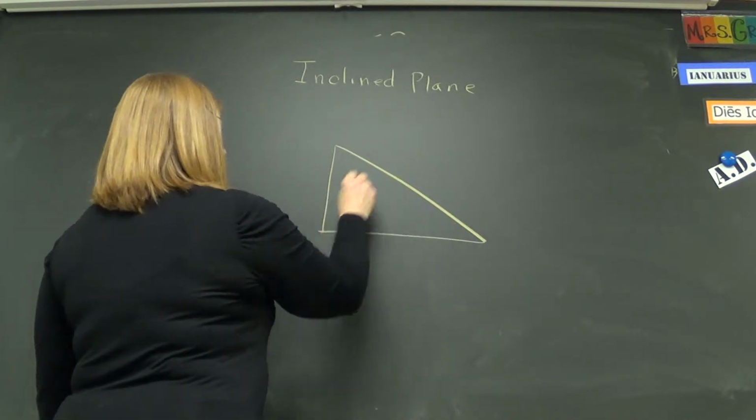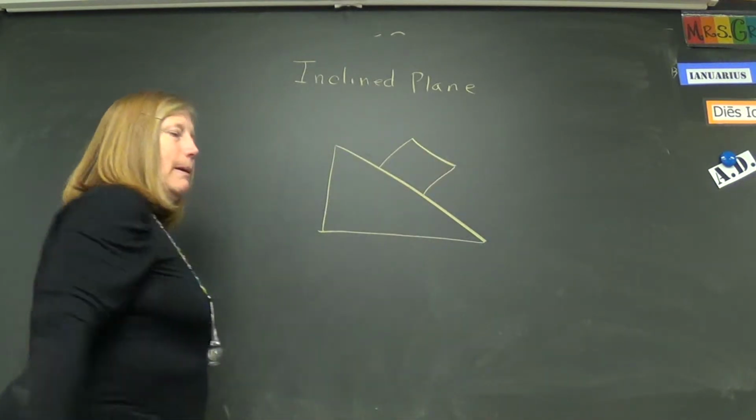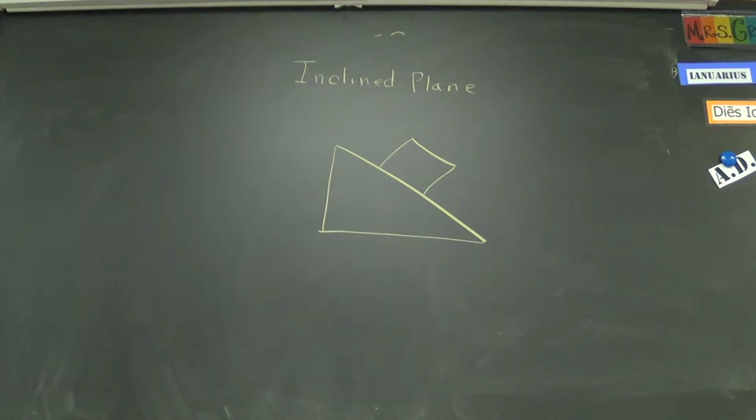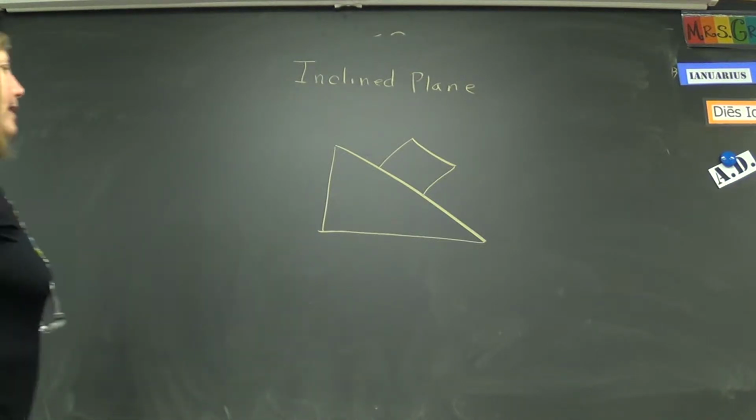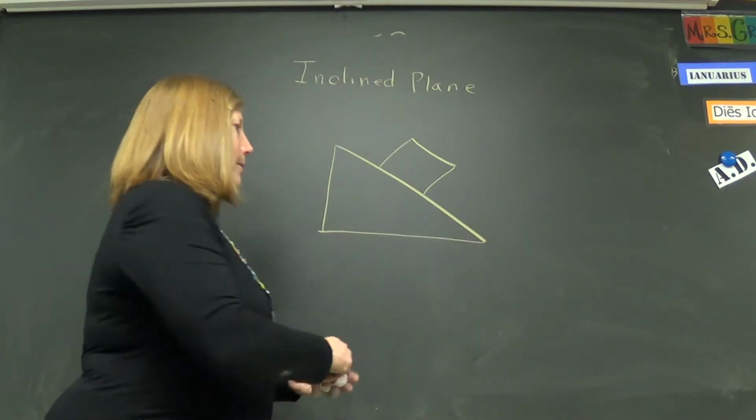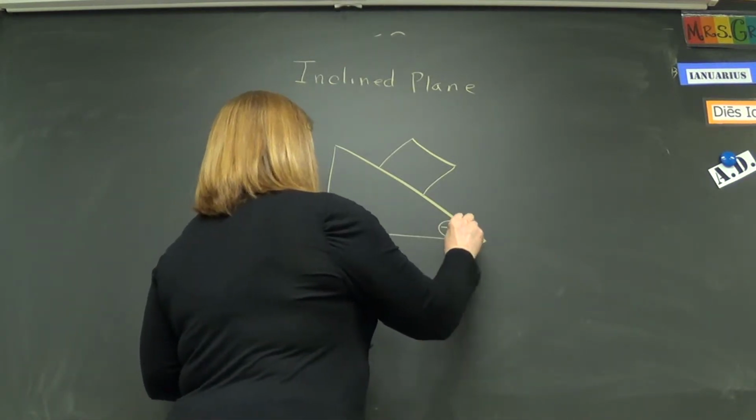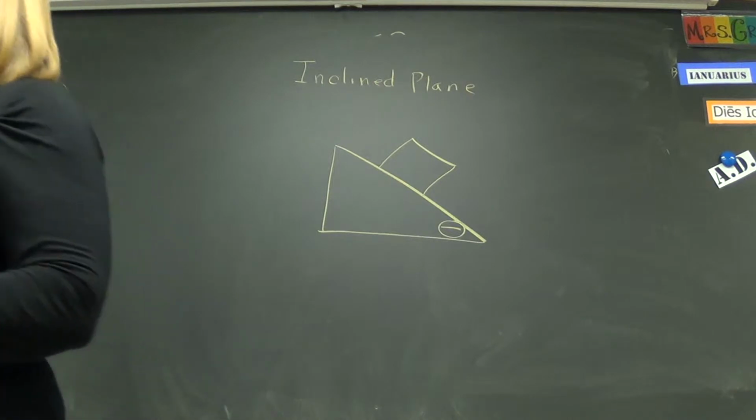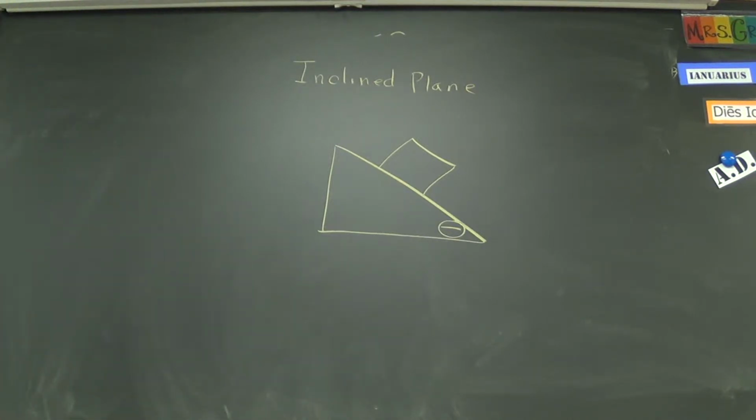Draw an inclined plane with an object. I picked a box on it. And this inclined plane makes an angle with the floor. So I'm going to call that angle theta. So if you would set up your inclined plane like that,